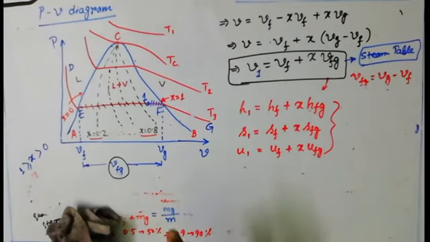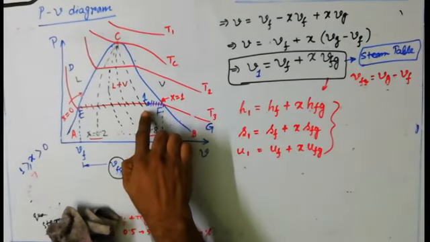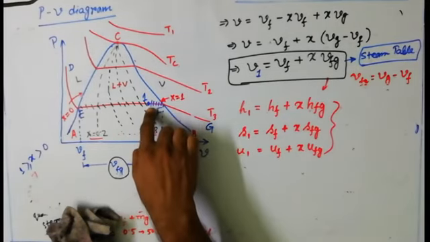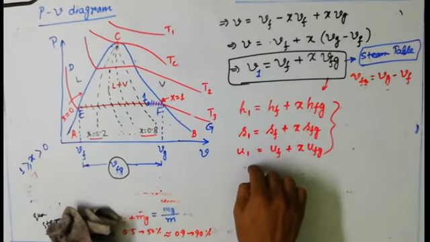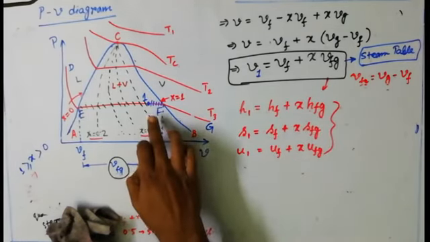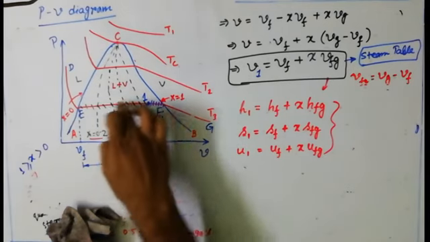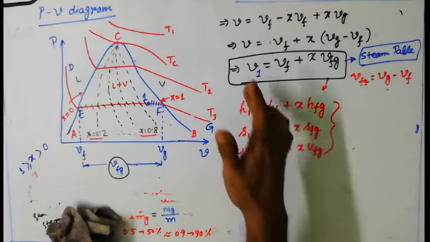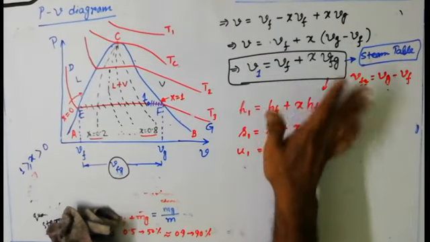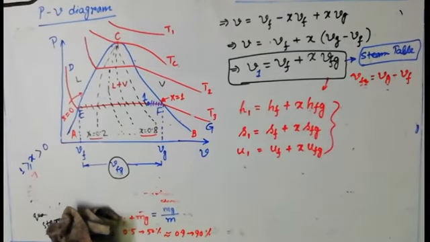Now suppose in this particular location I have located the steam at point 1, that's why I have written 1 in subscript. Obviously it's an example. Your steam can be located anywhere in this region. So in that region, if you want to find out these thermodynamic properties, those formulae can be used very easily.